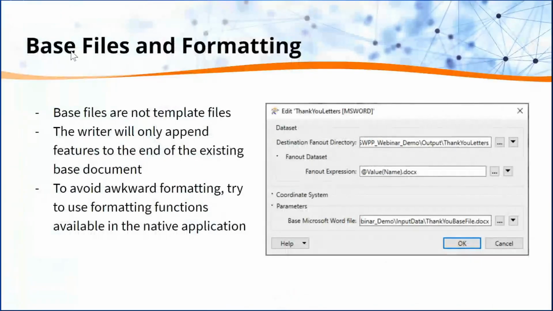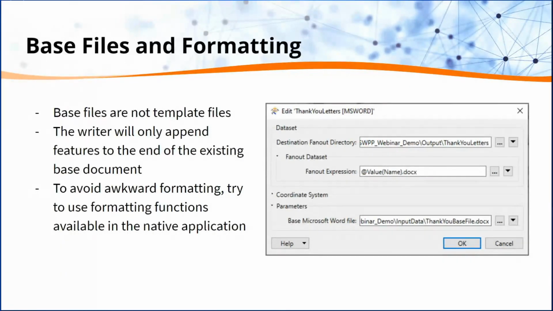Okay. So just moving on, base files are not template files. This might kind of catch you up in the beginning, but the writer will add to an existing base file using the file settings. So for example, if your base file has specific style headings or style fonts, it will use this and save to a new file.